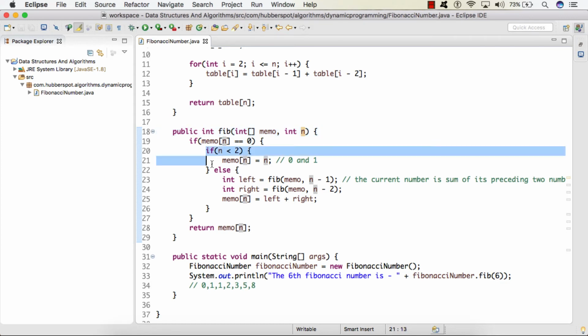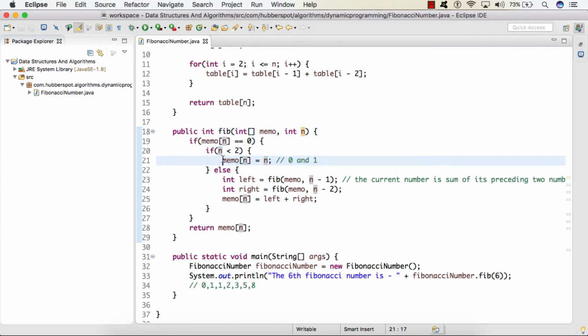And as we go to the bottom, we encounter these base cases where the first two values we store as 0 and 1. And after getting these two values, we build up upon the solution. And finally, we get the nth Fibonacci number.